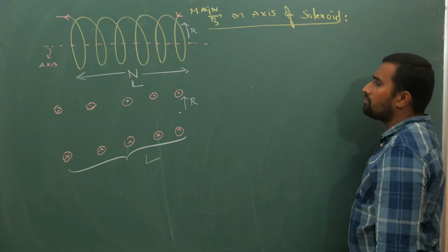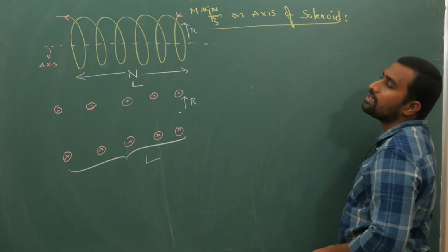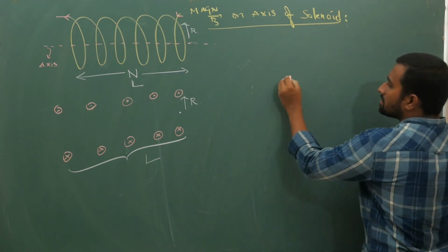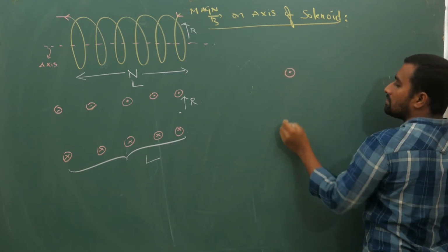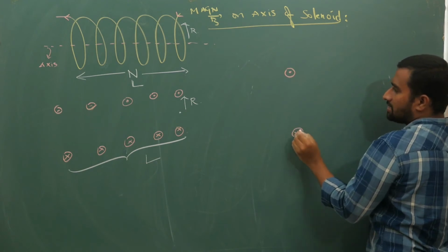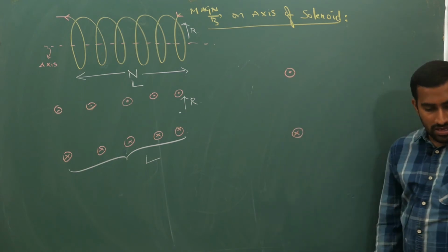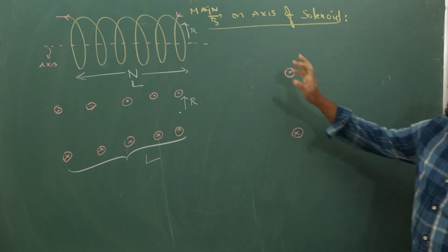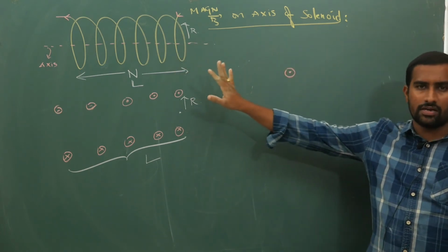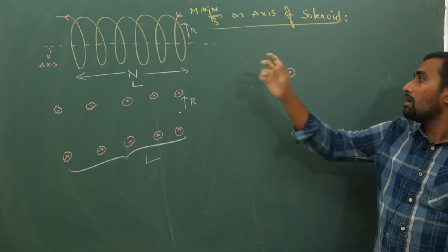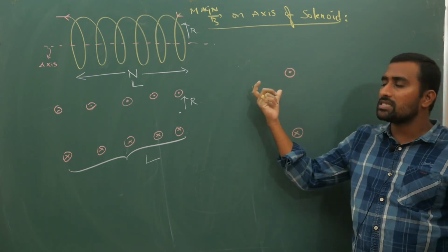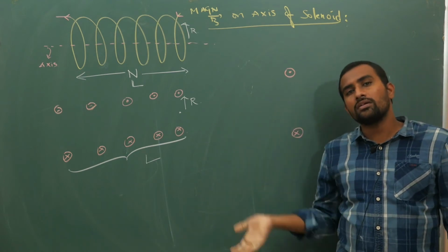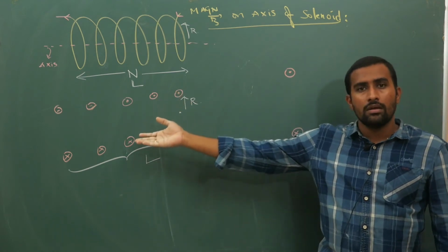Now for this solenoid, first of all we will talk of direction. Out of these many turns, let me take a small single turn here for clarity's sake. Now if I take this solenoid here, I am trying to calculate the magnetic field, obviously, no doubt about that. But first, what I am going to do is calculate the field direction. Once you calculate the field direction, we will go back to the magnitude.